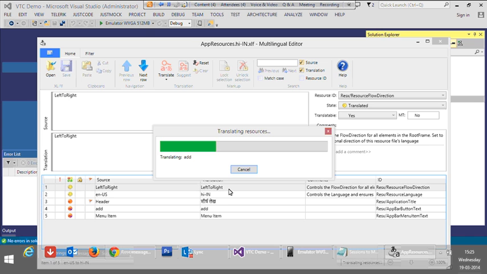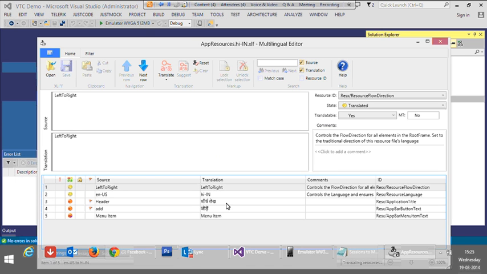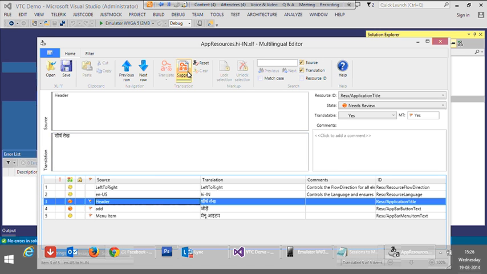Okay, here you go. So now I can see the translated value for the particular resource name. There is a translated one for India. I don't know Hindi, so I'm not sure whether this is the right one. So what I'm going to do is select it, and I have an option over here to